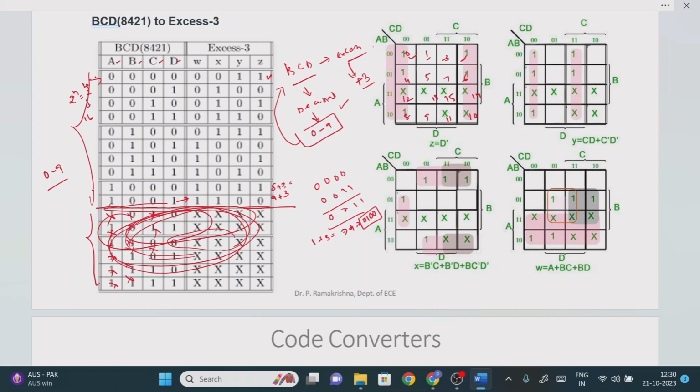We know the answer, right? From 0 to 9 we know the answer, whether it is an SOP function or POS function. What I am trying to say is, for W, what is the output value? 0. What is the input? 0 0 0 0 is nothing but the decimal number 0, right? Here we can write the 0. But if we consider this one, what is this value? 0 1 0 1, it means 5, right? So what is the value for 5? It is 1, because the output is 1.